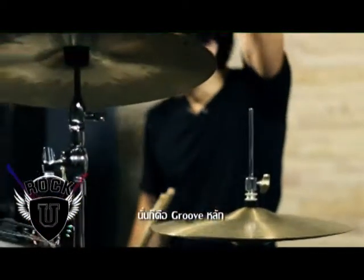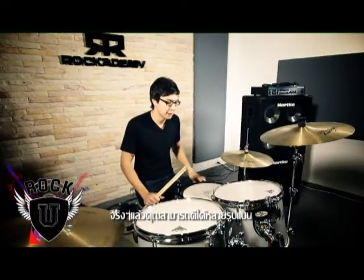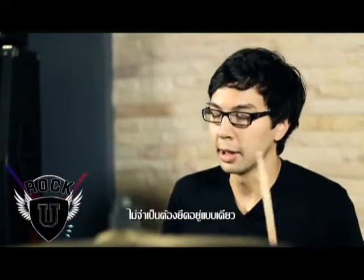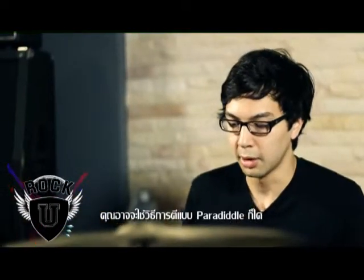So that's the main groove. That's the main groove of that verse in Lonely Boy by the Black Keys. But you could take that in many variations. You don't have to just do alternate handing, alternate sticking. You can even add paradiddles and kind of do like a...